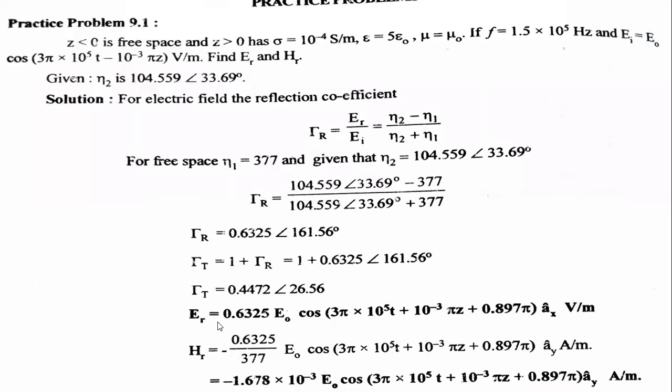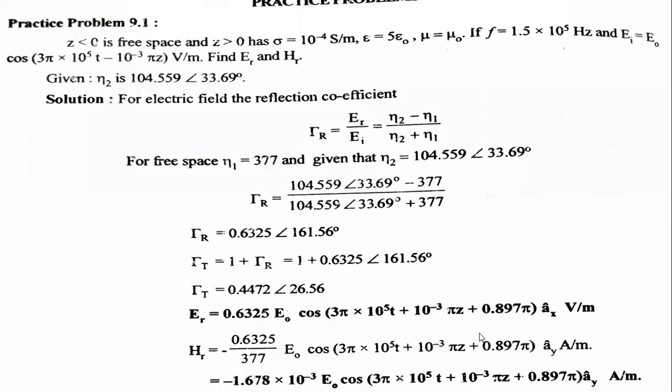Similarly, you need to write the standard equation for ER, that is nothing but the electric field intensity of the reflected wave. Here the standard form is the magnitude form. So here the tau r, that is 0.6325, multiplies E0. The cos term will be as it is. EI is equal to E0, so ER is equal to 0.6325 E0 cos of 2 pi 10 to the power 5 t, which is given, plus 10 to the power minus 3 pi z,